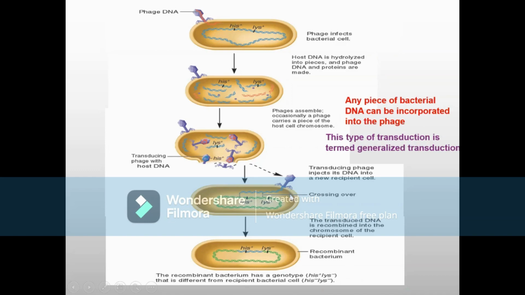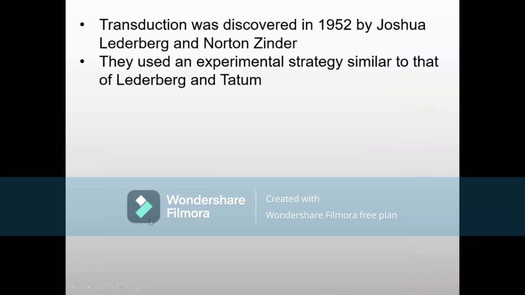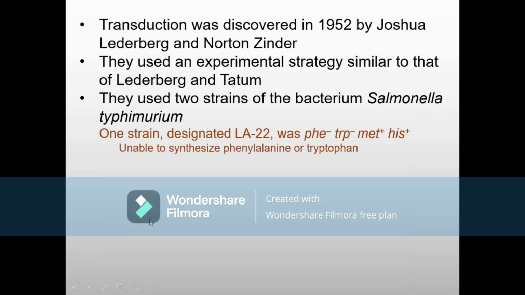And then when it infects the new healthy host, it transfers that segment of DNA which was packed into its head into the other bacterium. In this way, gene transfer takes place from one host to another, from the donor to the recipient cell. This process is called generalized transduction. And transduction was discovered in 1952 by the scientists Joshua Lederberg and Norton Zinder. They used